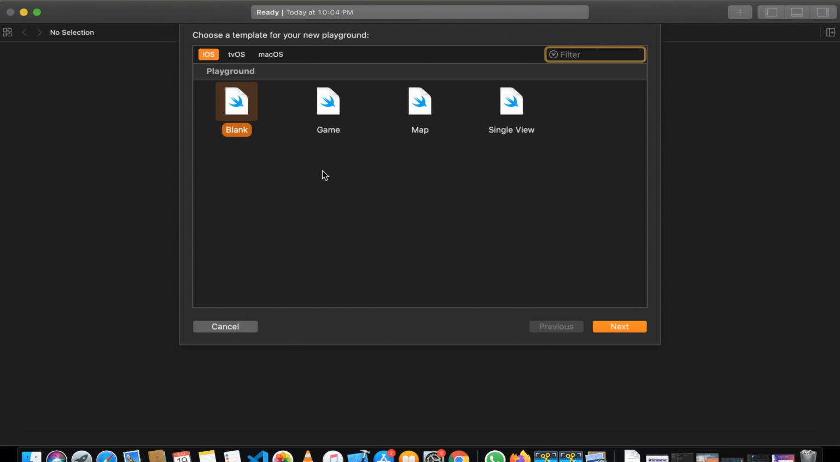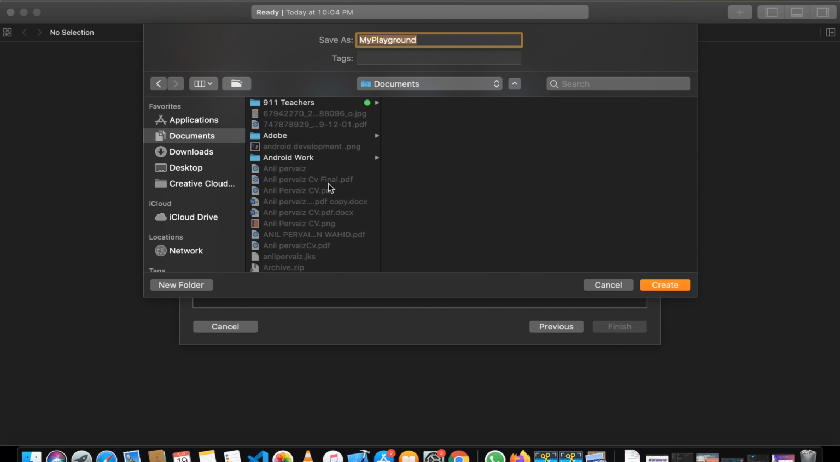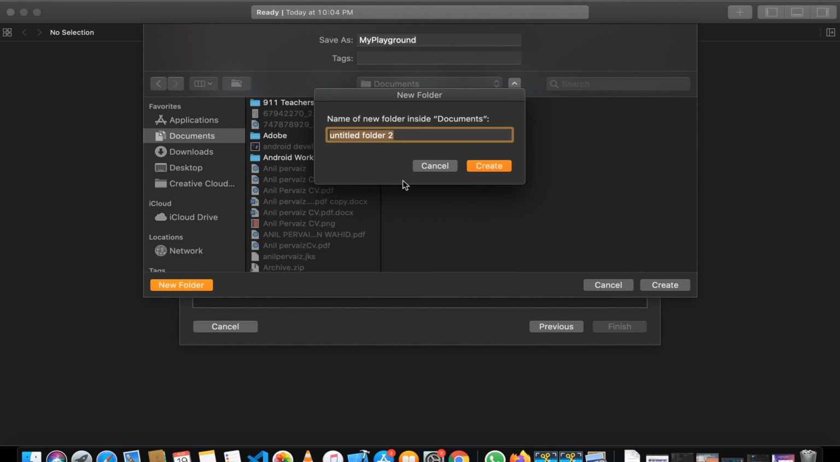So our playground has been loaded, and it is asking us what kind of playground to make. For your knowledge, we are just going to have one blank first option, which is blank playground. We're going to click next, and then it's going to ask us where to save it. I can save it in my documents with a new folder,